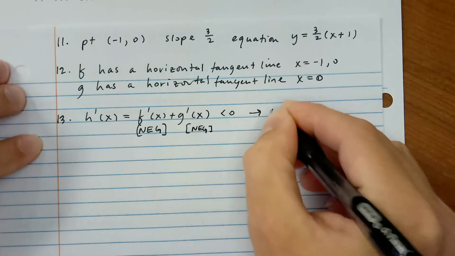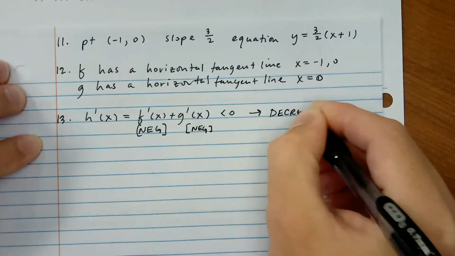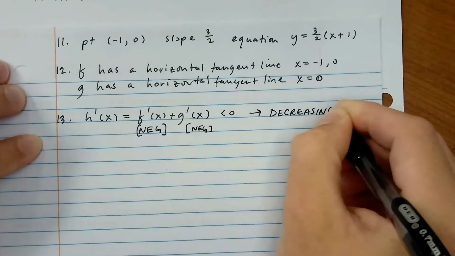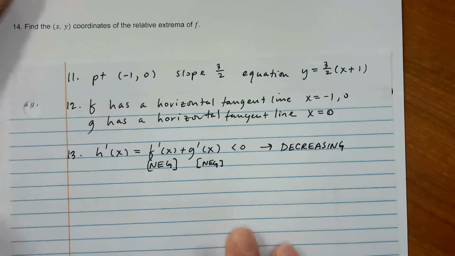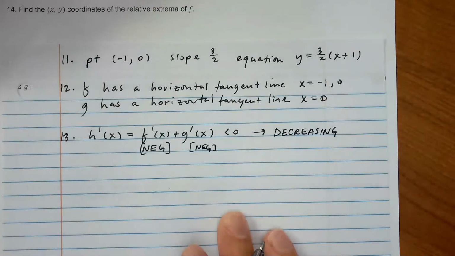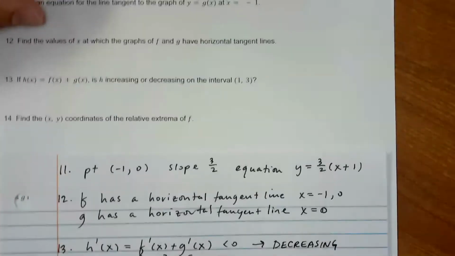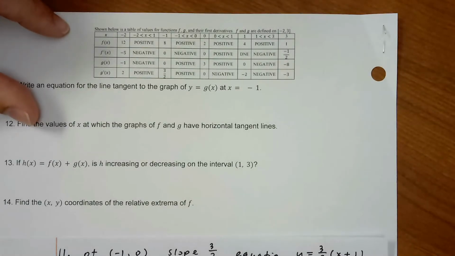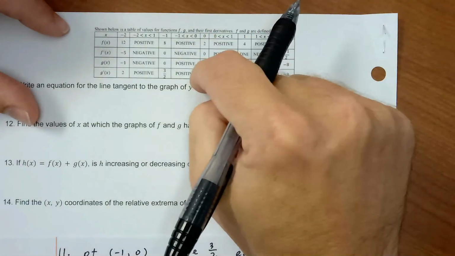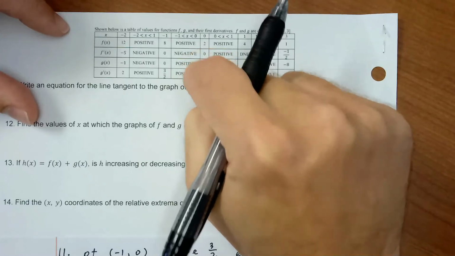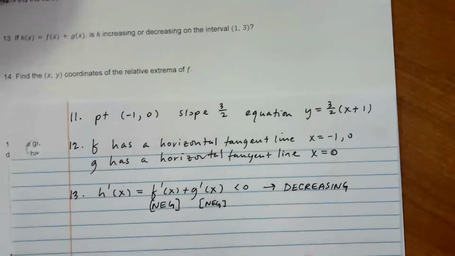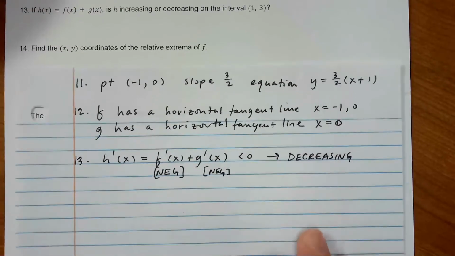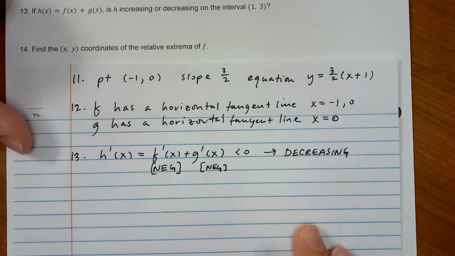That's going to be decreasing. Okay. Then find the xy coordinates. I feel like there was definitely a missed opportunity there, where I should have done like g minus f, and had it been negative or positive, minus a negative is even more positive. There's definitely more potential with that question than I used. All right, so